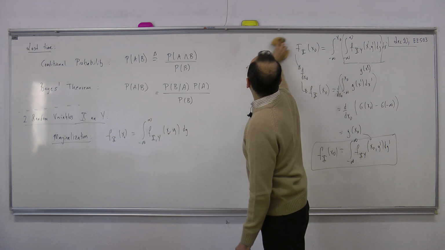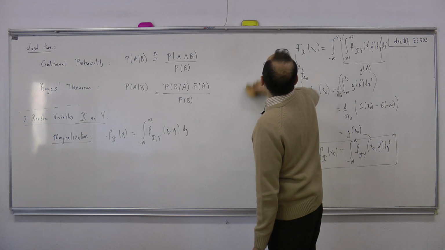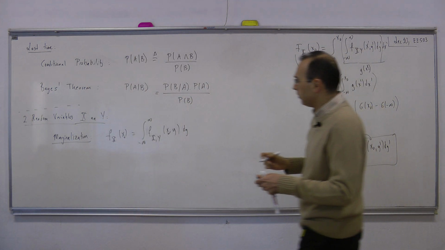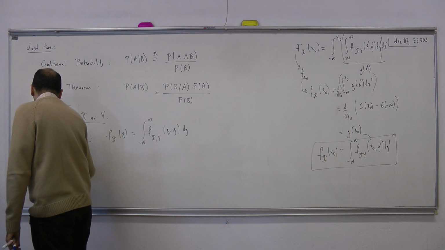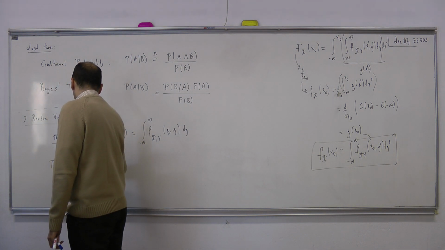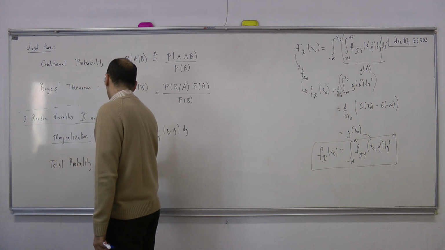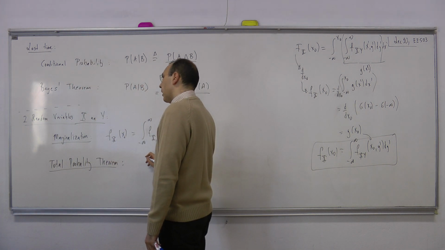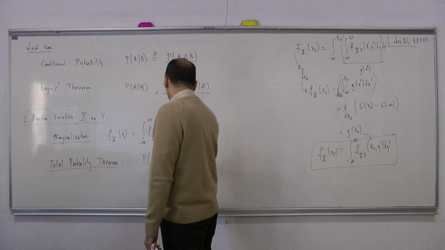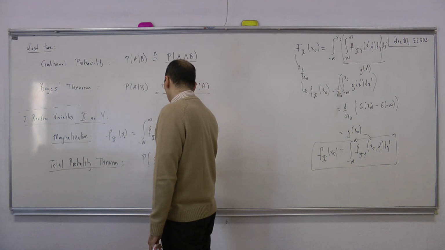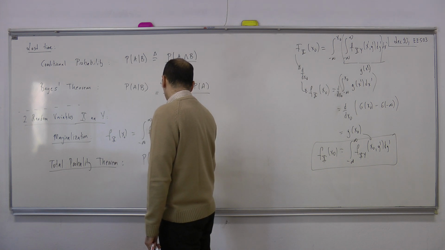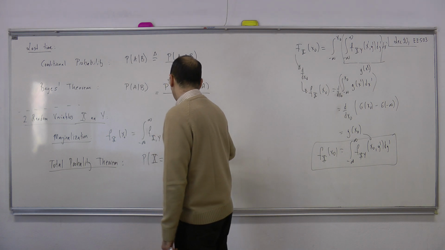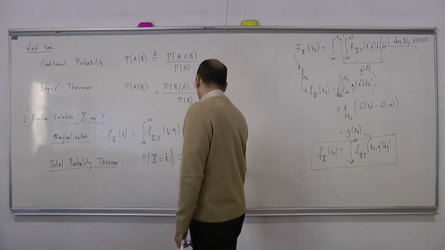Let me erase this part also. Okay. So what else? Now after that, we have something called total probability theorem. And this is the last one about probabilities. So let me have something like this. Probability of, let's say, x. Well, let me say x is equal to k, given y is equal to y. Okay. So this is equal to